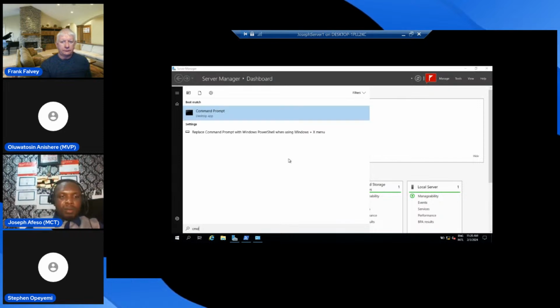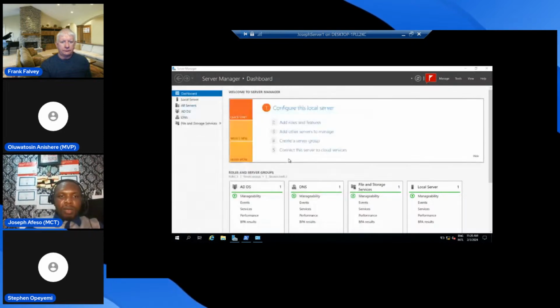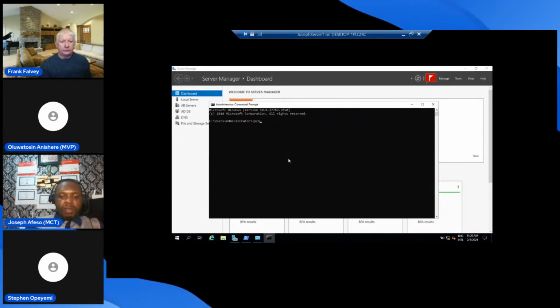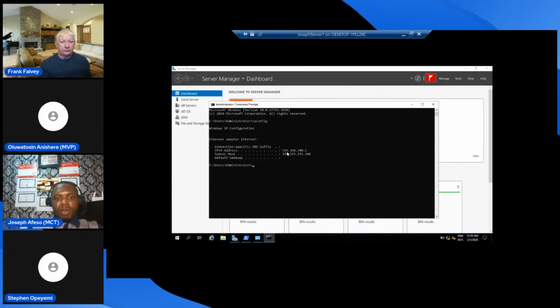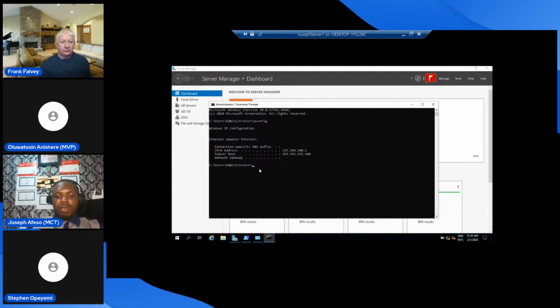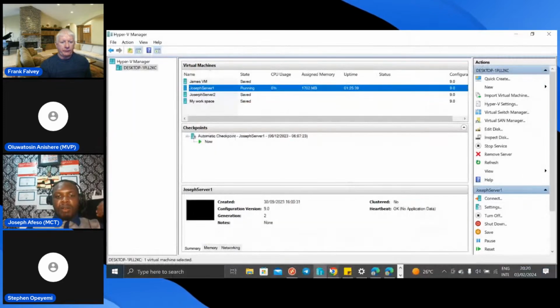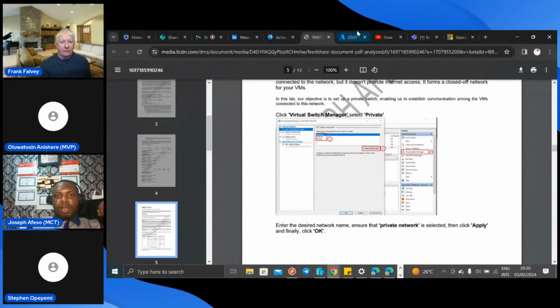And then you do ipconfig, you would find out that it has 192.168.100.2, because this was the IP address that was given to it when it was created. So you can do this from the on-prem environment if you cannot give it the virtual switch that you want. But our focus today is going to be on the cloud, which is Azure.